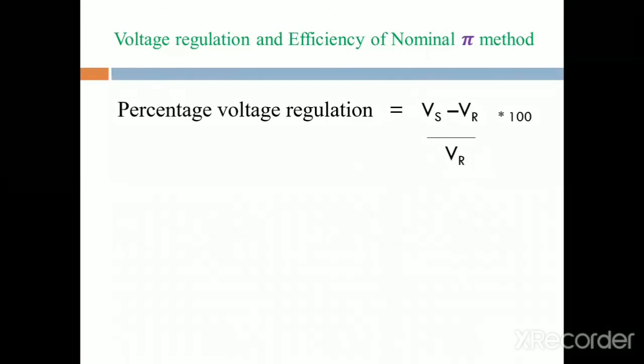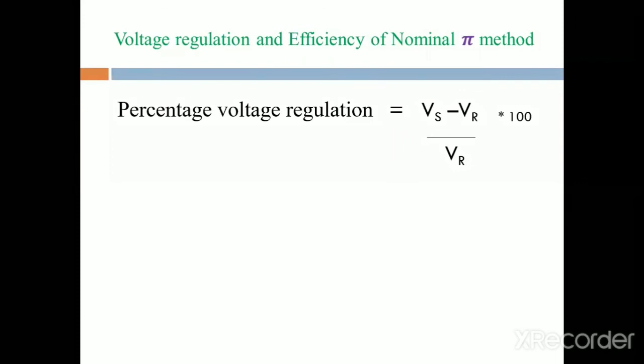By observing the equivalent circuit diagram, the impedance and the capacitances of the transmission line are connected like a pi shape. While obtaining this pi shape, the capacitance is divided into two halves: the sending end side capacitance and the receiving end side capacitance. At the middle, we connect the impedance value. That shape of the impedance and capacitances is like a pi shape, so it is called the nominal pi method.